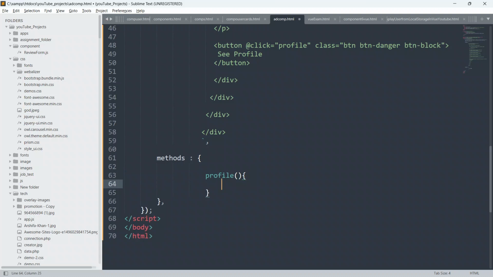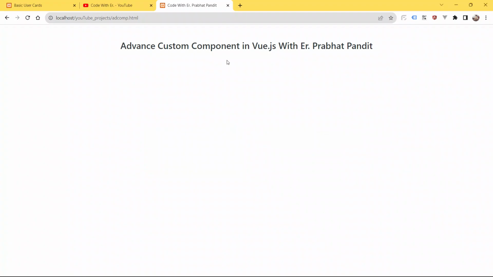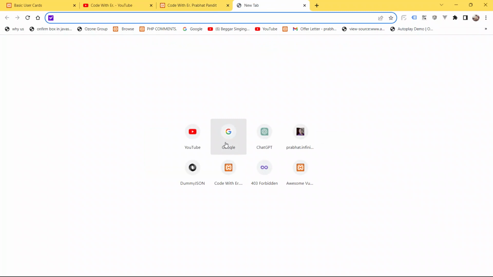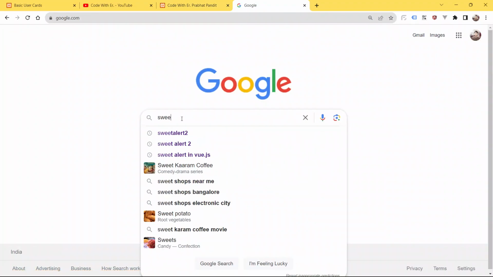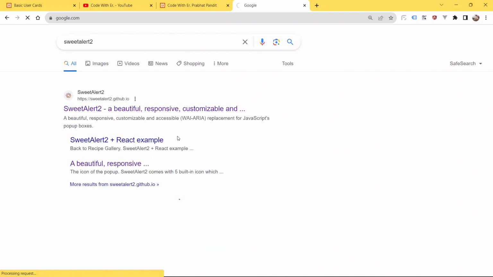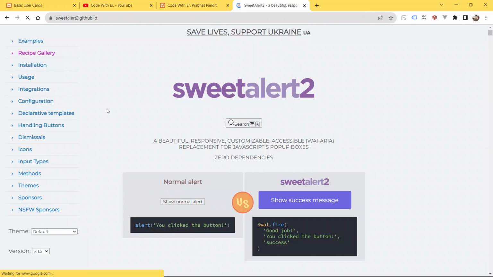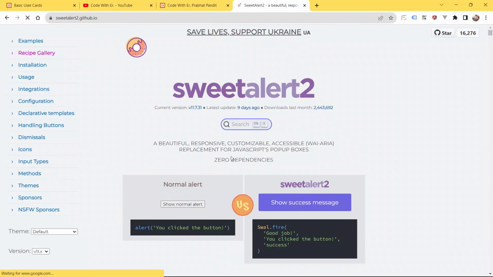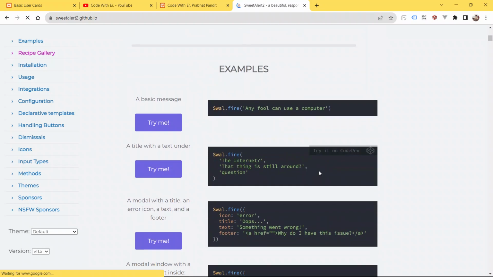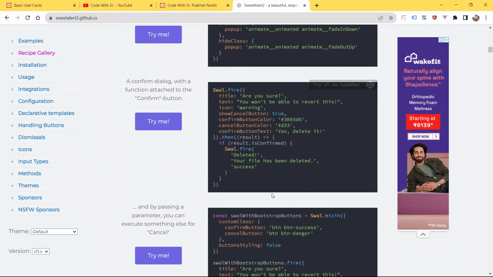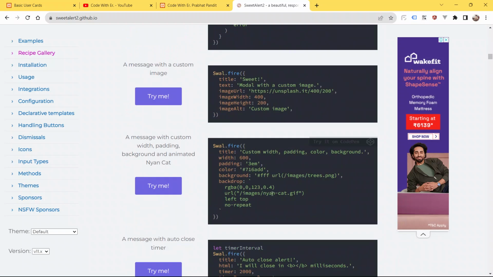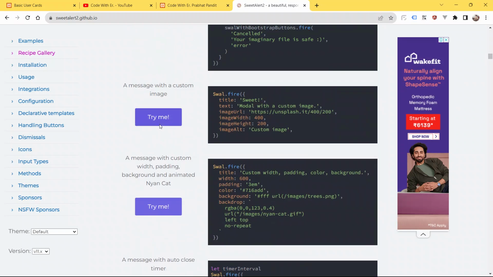And guys, inside we have to define our Sweet Alert 2 pop-up. So let me go to the Sweet Alert website first and show you which pop-up I am going to use in this session. So Sweet Alert 2, click the first link, and now go down. We are going to use this one.